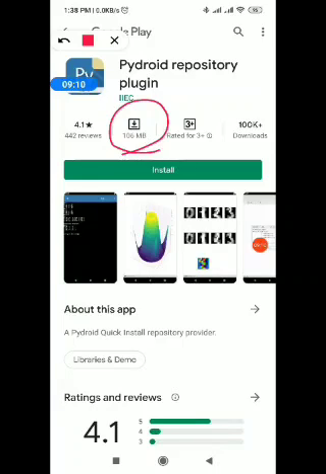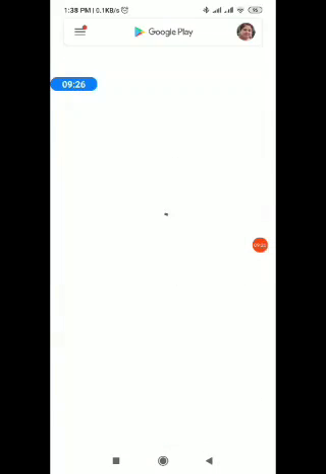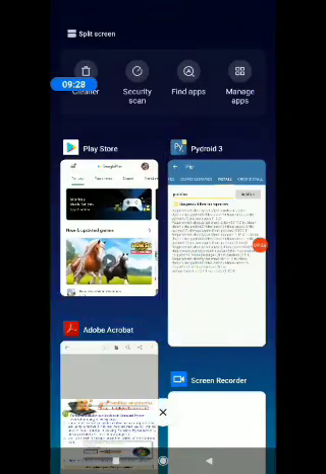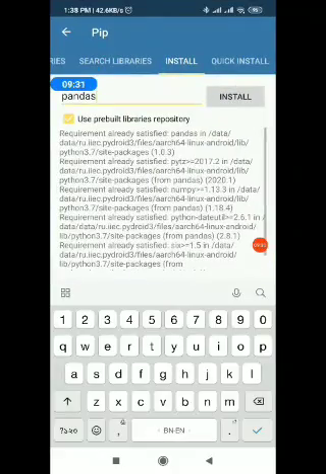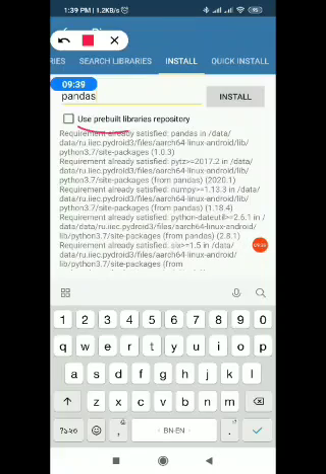If your internet and phone memory permit, then you may go for this Pydroid repository plugin, but I suggest not to go for this installation, because it requires a large amount of memory. Please uncheck this pre-built libraries repository. You have to uncheck it and then click on install.